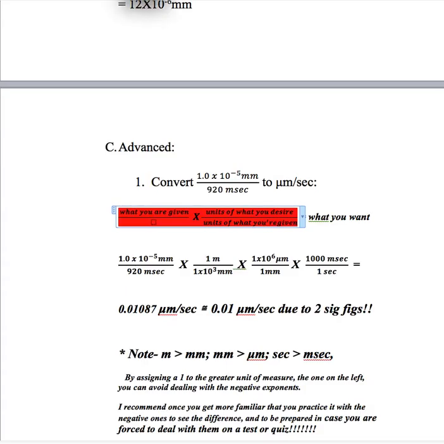So at this point, what do we do? Well, first, let's take it one step at a time. Let's deal with the length. If I want to go from millimeters to micrometers, not many people know that there's 1,000 micrometers in 1 millimeter. So what I'll do is convert it first to meters by using this conversion factor, and I put 1 on the larger unit, in this case the meter, and therefore I have no negative exponent there. Now I'm in meters, which is the base unit for distance in the metric system, and then I can convert that into